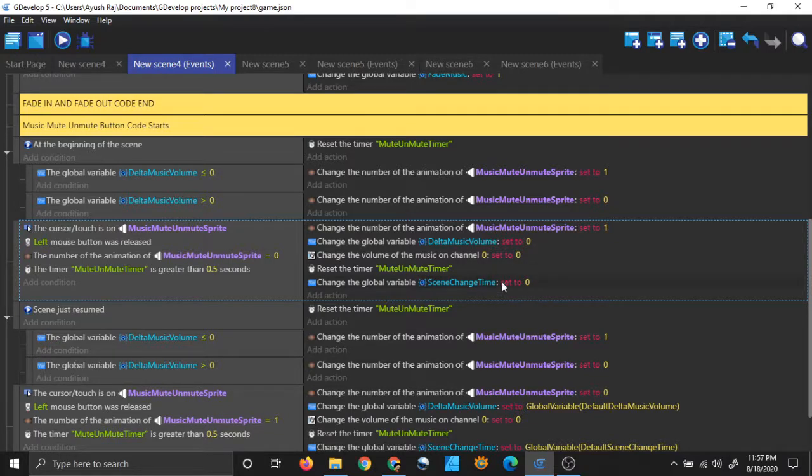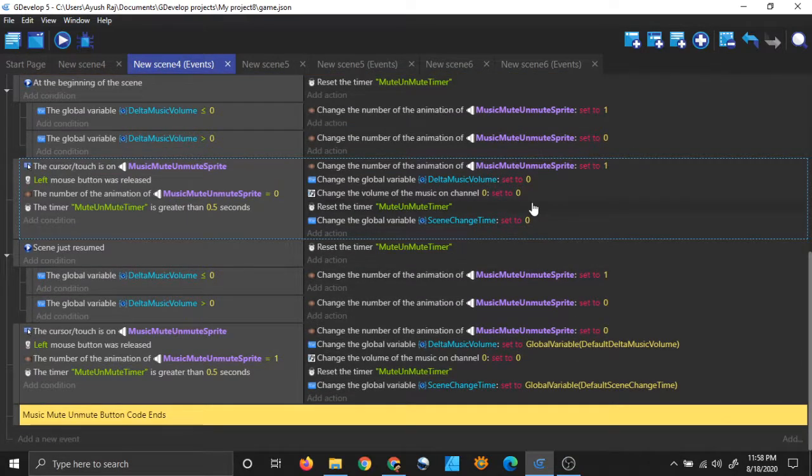So I set this time to 0 because I don't want to wait now, because there is no music to fade here, right? This is the muting code, the code which mutes the music on the channel. You should be careful that this does not mute the game sound. It will only mute the music channels.